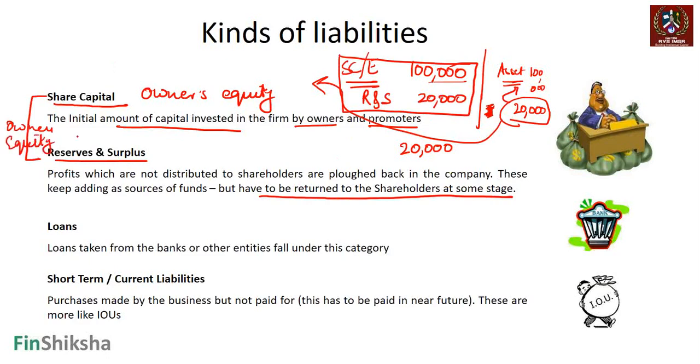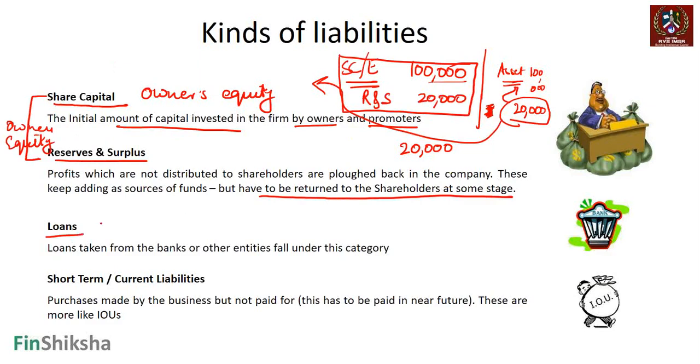Remember, the owner and the business are different. So the business is supposed to return money to the owner. Ownership can change hands. I can sell my company to you, correct? So that's important for us to check and understand in terms of the kind of liabilities. It's a liability. It's not that if someone has given the money for his company or her company, the business entity is different from the owner. Always remember this in the context of financial statements, right?